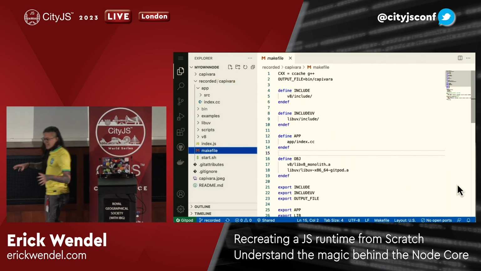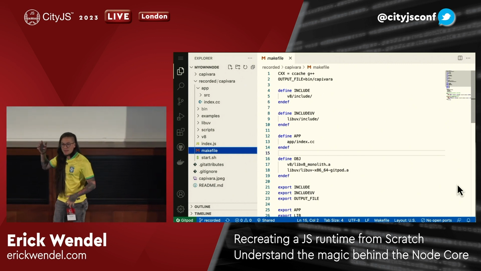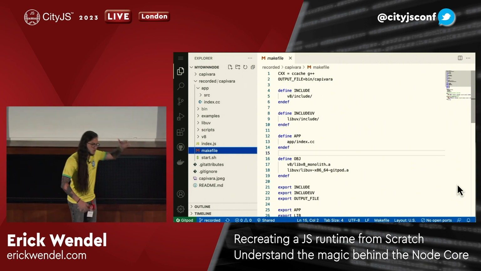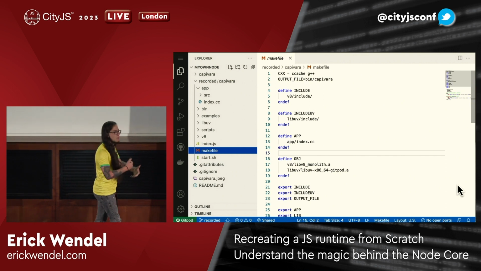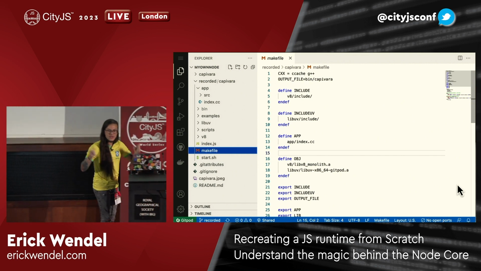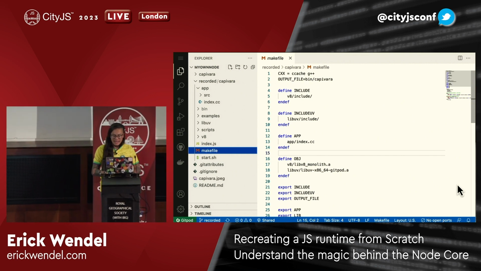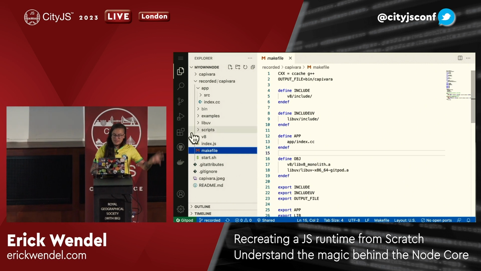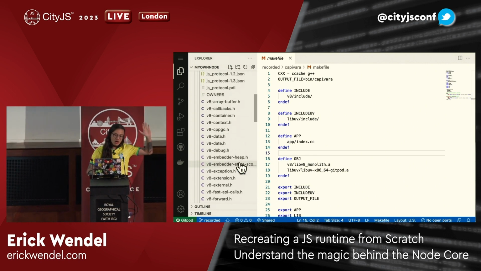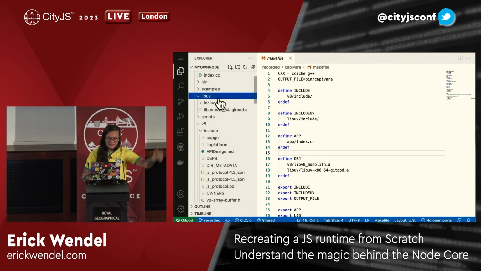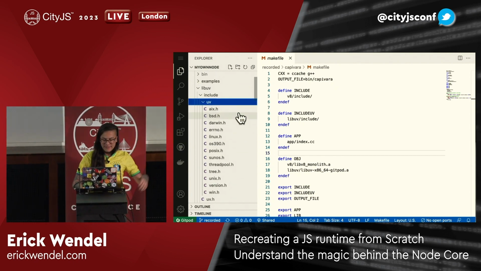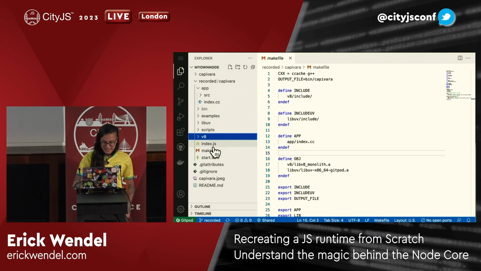Well, this was actually the hard part for me. I spent months trying to do this. So I have to get V8 compiled. I have to compile libuv, which is a C++ library, and I need the binaries. And I made this makefile. And you see all the C++